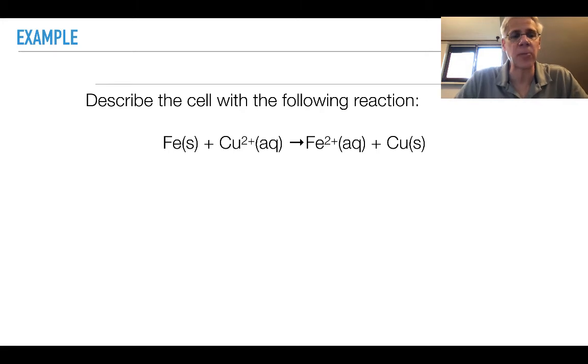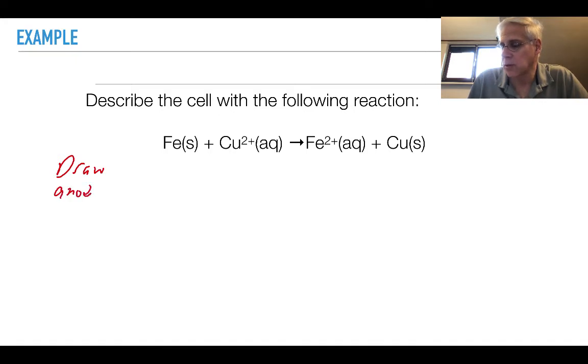Okay, so here's an example. I want to describe this cell with this reaction here. So we've got iron going to iron 2+, and copper 2+ going to copper metal. And this is something that I'd like you to try to do, some things I want you to try to label. I want you to draw the cell,